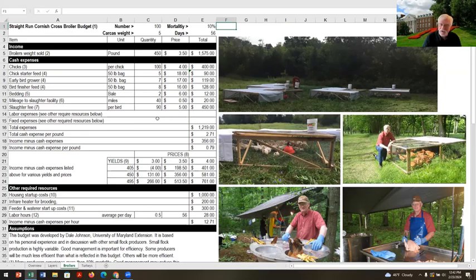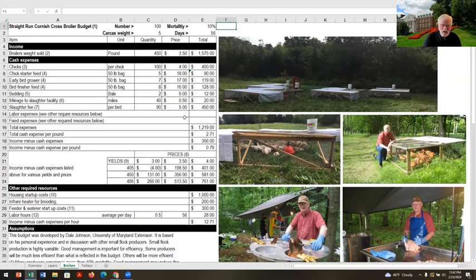If you're really serious about broilers, you might actually think about processing them yourself. You're going to have to go out and buy all the equipment. But if you're going to do this for many years, that $450 is money that you could put into your own labor through processing the birds yourself. If you have somebody else process them, you've got to make sure it's a facility that meets the regulations.